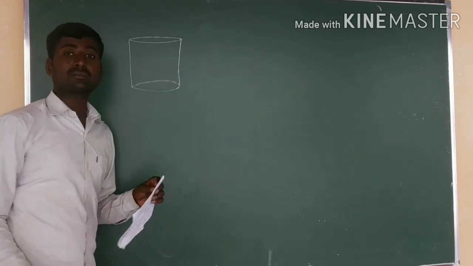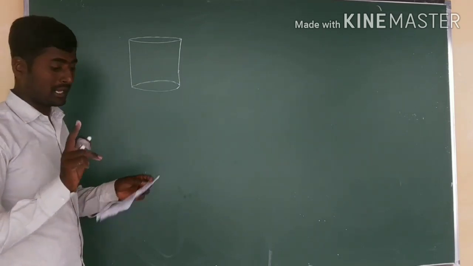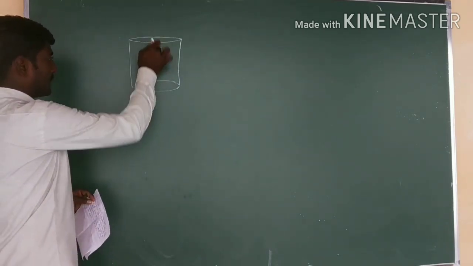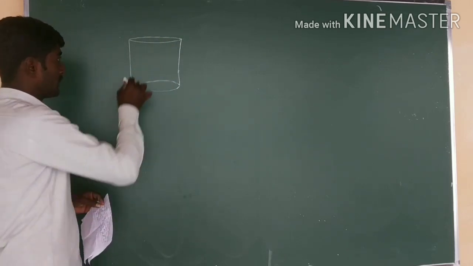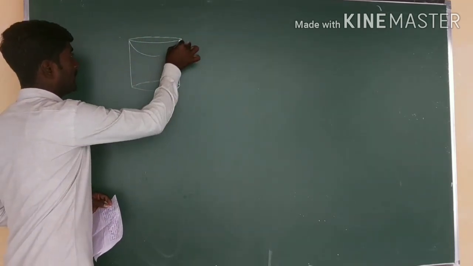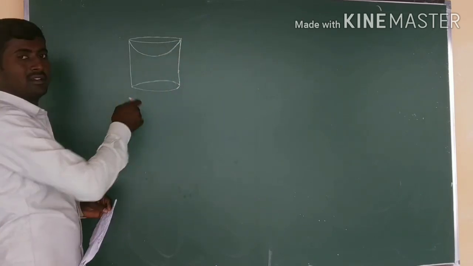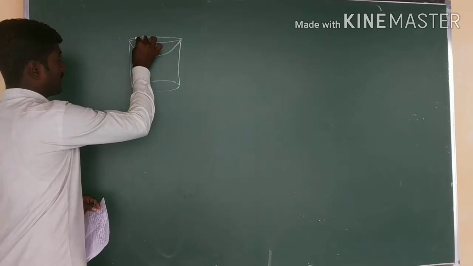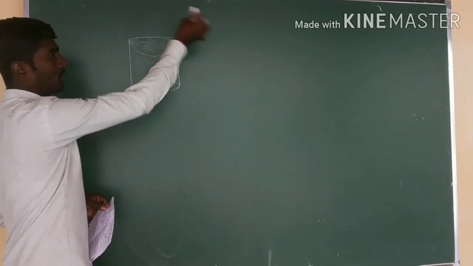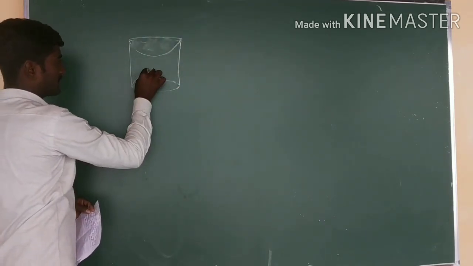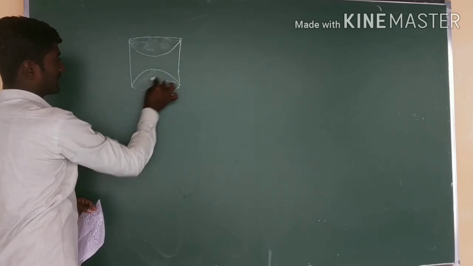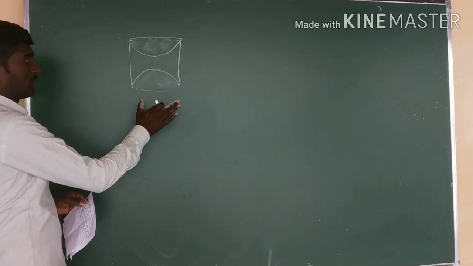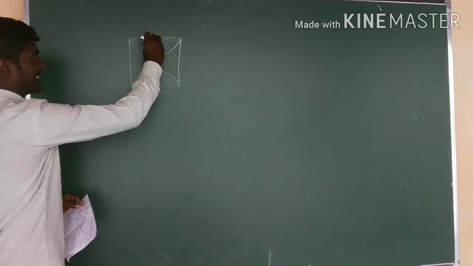So how can we form that article? By scooping out a hemisphere from each end. There are two ends, so from these two ends, we are going to scoop, means we cut this and remove it. Now from here also, cut this and remove this. So the remaining solid should remain. This is removed and this is removed.